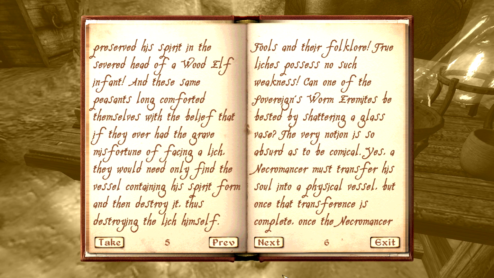Can one of the sovereign's worm eremites be bested by shattering a glass vase? The very notion is so absurd as to be comical. Yes, a necromancer must transfer his soul into a physical vessel, but once that transference is complete, once the